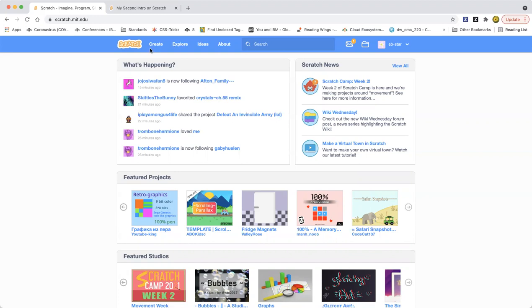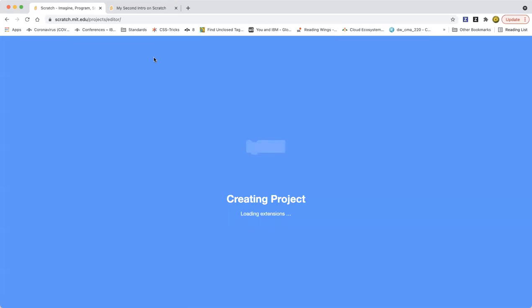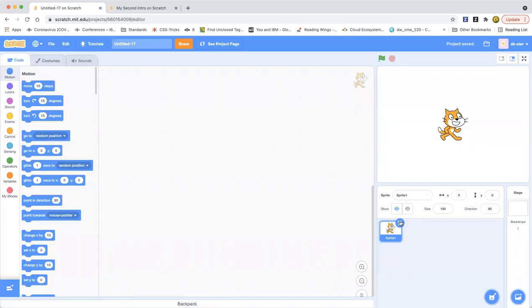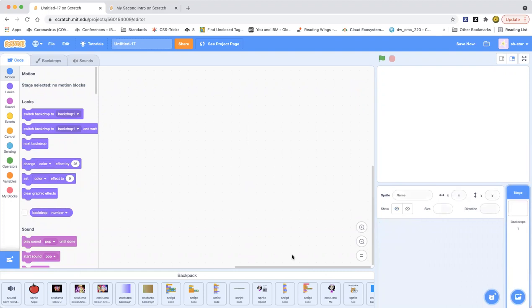Today I'm going to show you how to make a sprite talk with some cool animation. So yeah, let's go ahead and click the create button as usual. Project, and then I'll show you how to make this code. So this piece of code,